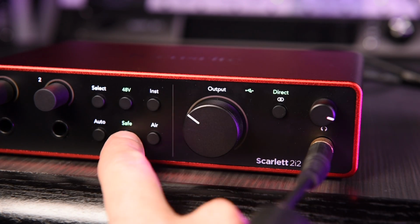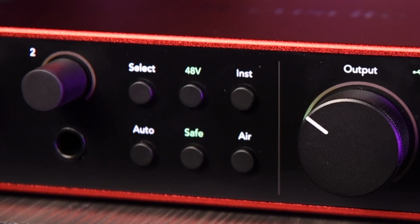As if auto gain wasn't enough for foolproof recording, Focusrite have introduced safe mode, which digitally limits your input level by reducing the input gain when the signal gets too hot to avoid clipping and ruining that perfect take. In theory, this sounds ideal, but in practice,